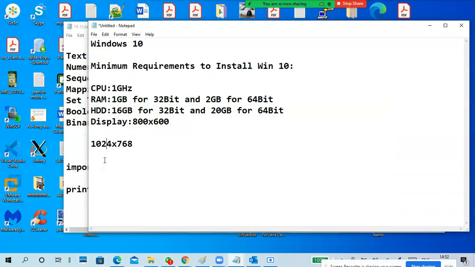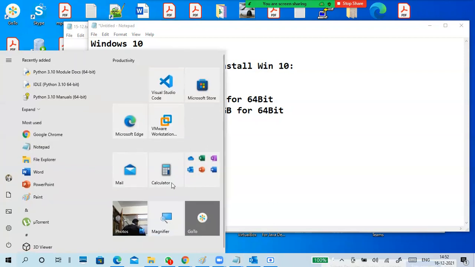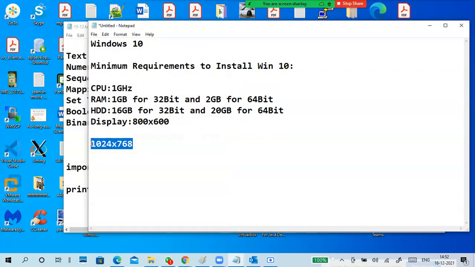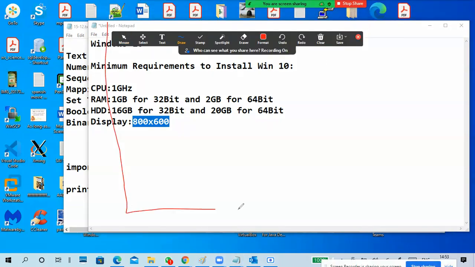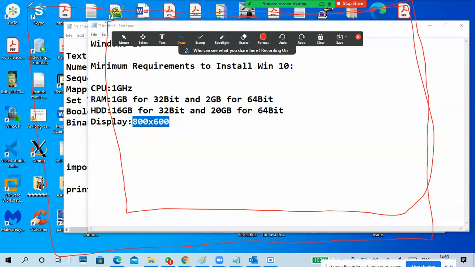Okay. Because Windows 8 is a touchscreen type, meaning Metro style, you'll get screens like this. Tablet mode. So that's why a higher resolution is compulsory. So these are the minimum requirements. This is a normal screen. An 800 by 600 screen is this much only. You won't get a very big one. So like this, you get a screen size like this. This is like 1024 by 768.